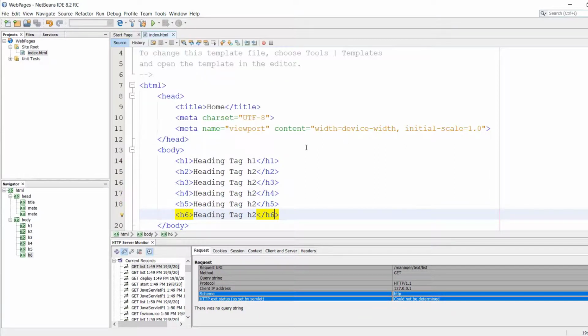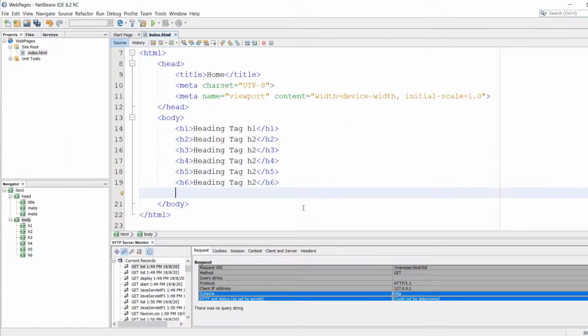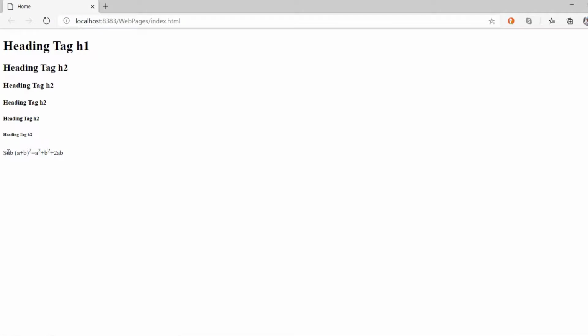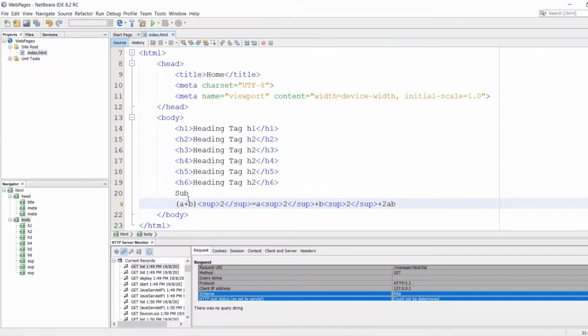After that, we saw subscript and superscript tags in our class. This is an example of the superscript.